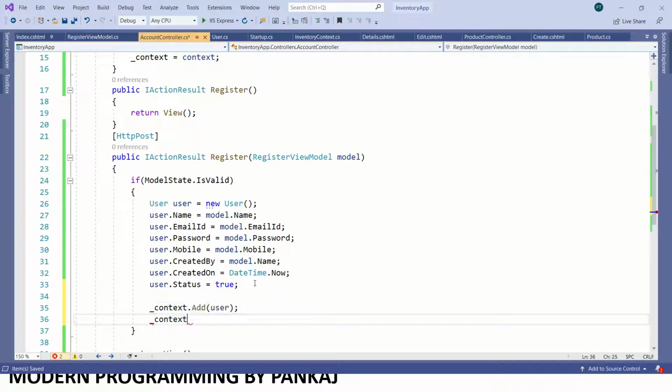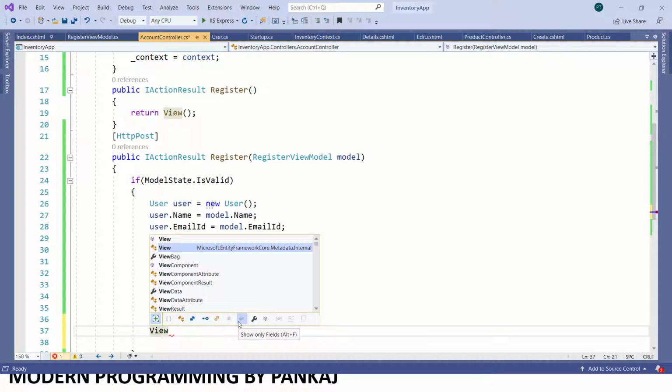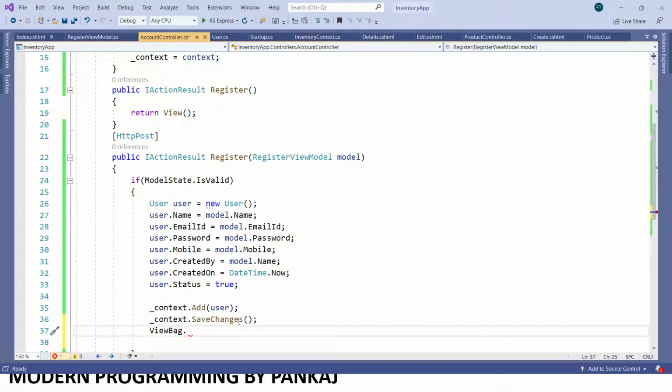Now I need to save the changes. Now we'll show the message that we have added our user successfully, or we'll give some meaningful message, user registered successfully.